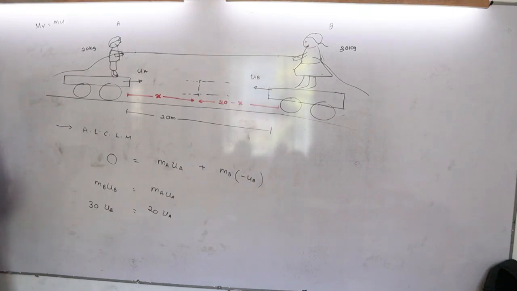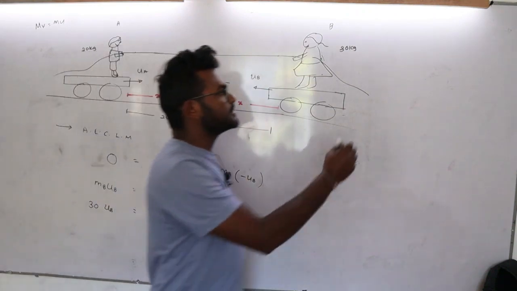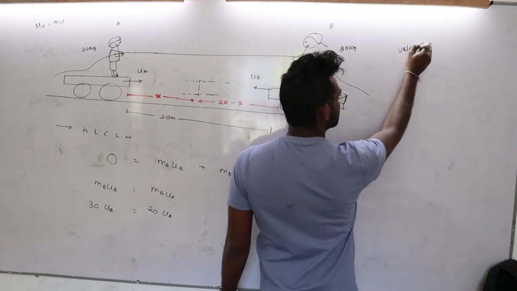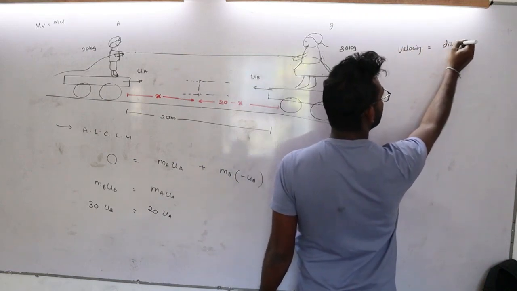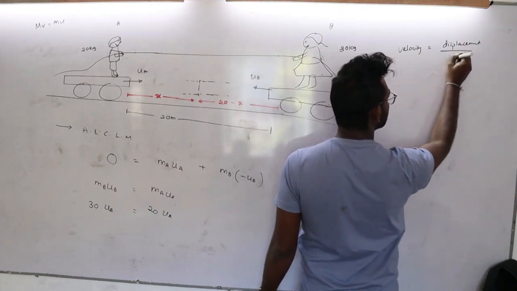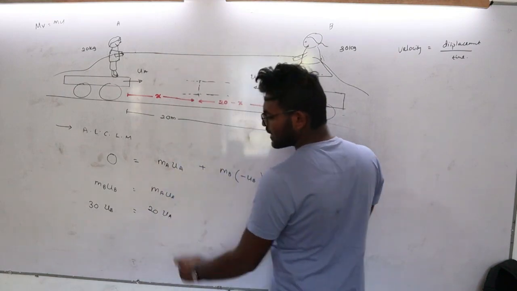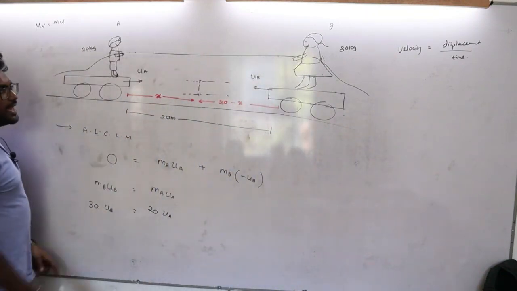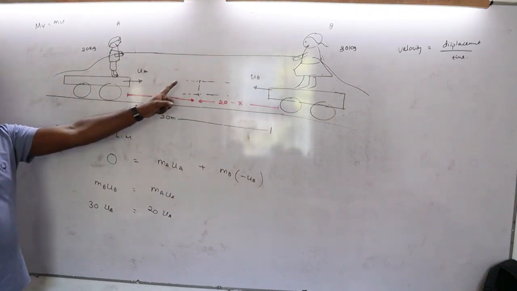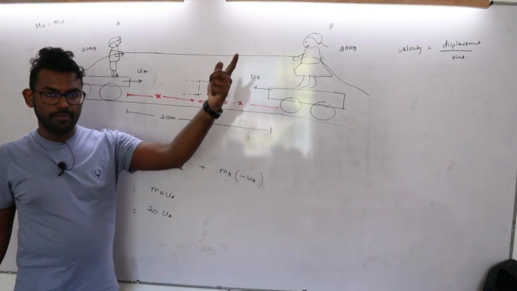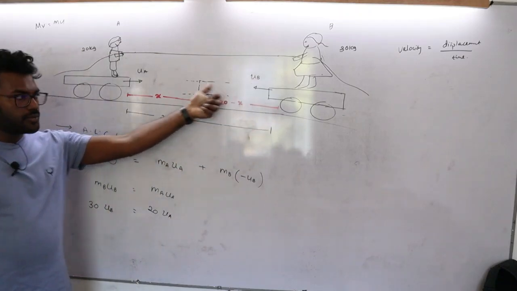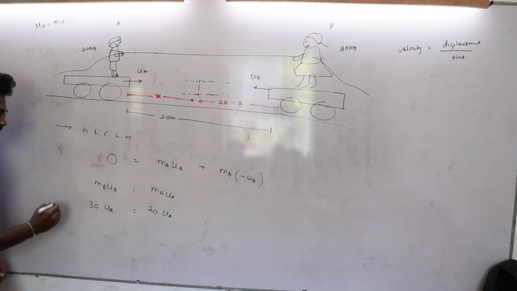How do you find the velocity in terms of displacement? We know the velocity is equal to displacement divided by time, right? So I could write this velocity UA in terms of what? How far A has traveled? X. And at the same time, how far should B travel? 20 minus X. Yes. If the time is T,